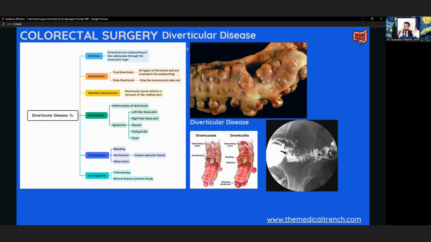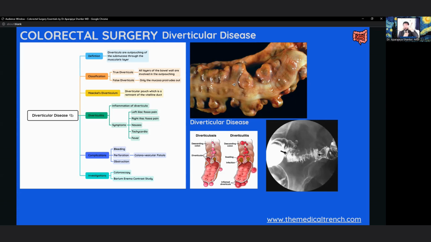So remember when we talked about the layers of the bowel wall, what is essentially happening here is, and you can see it on this image, not very well, that the submucosa can go and make a pouch, which you see here, right? So the submucosa makes a pouch, and this pouch contains all the layers of the bowel wall. In that case, it's a true diverticulum, or it can be a false diverticulum in which the